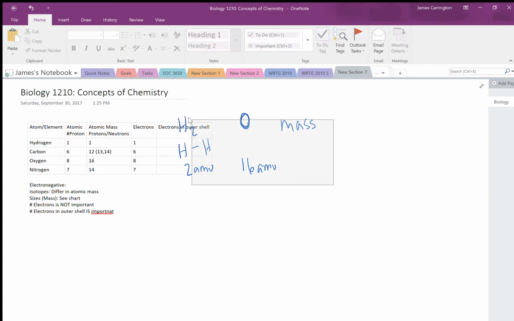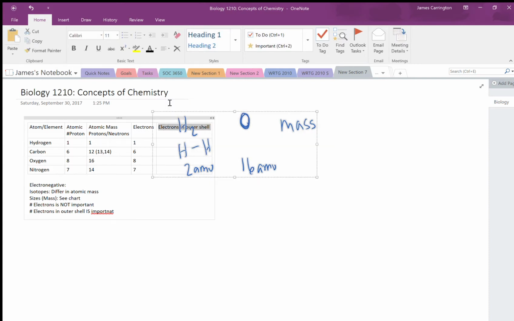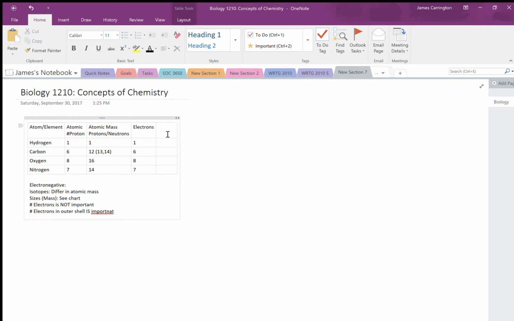Electrons in outer shell are also sometimes referred to as valence electrons. These are the electrons that allow for reactions to happen there on the outside. So the number of electrons in the outer shell is determined by the number of electrons that an element would like to have on the outside. So that's 8 minus